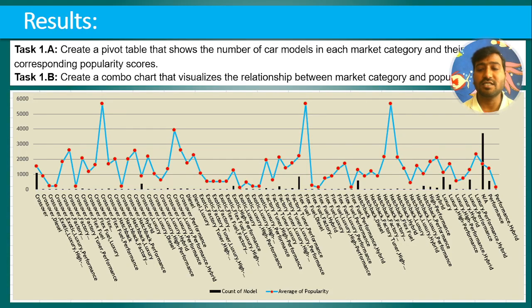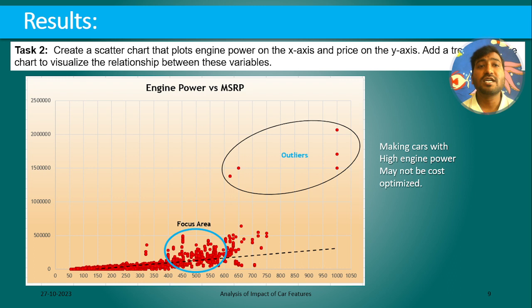Now coming to the second task: create a scatter chart that plots engine power on the x-axis and price on the y-axis. Add a trend line to the chart to visualize the relationship between these variables. Here in this chart we have created, on the x-axis this is engine power, and on the y-axis it is